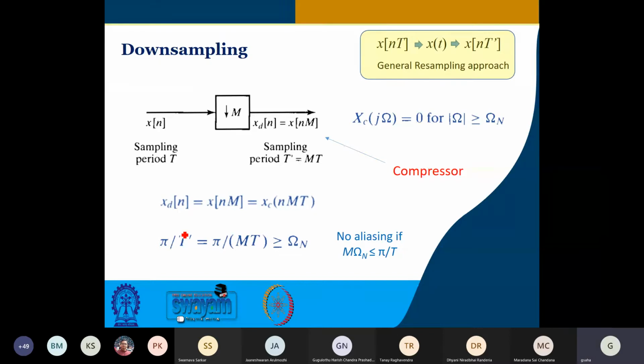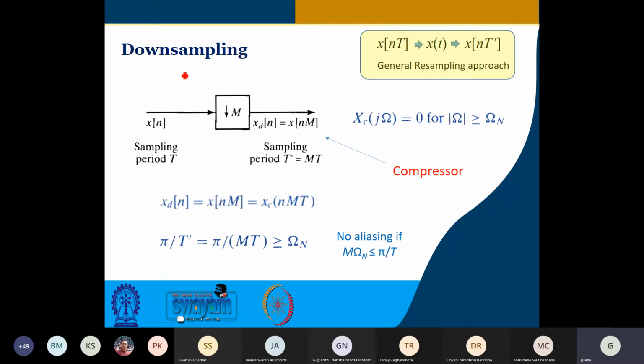The first thing we talk about is downsampling. Then we shall talk about upsampling. Then we shall talk about the combination of these two, and implementation of digital filters using this concept. Okay, so this is the agenda. Let us see how much we can proceed, depending on how much you can accept it, so that it doesn't become too heavy for you.